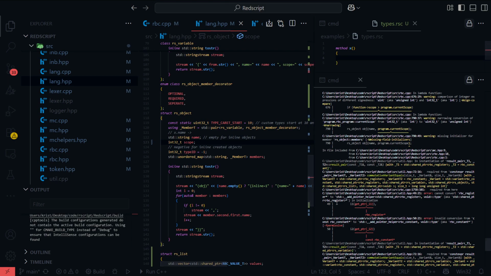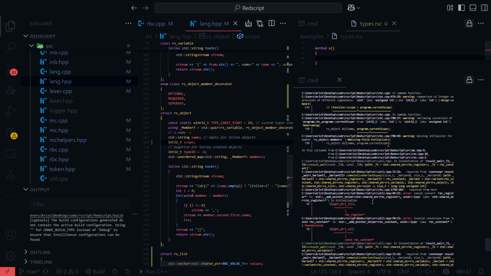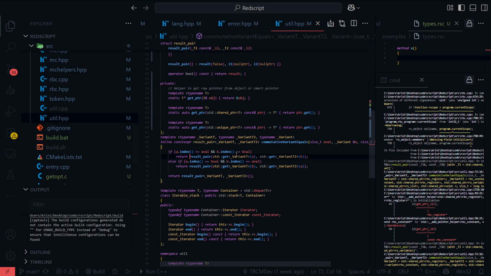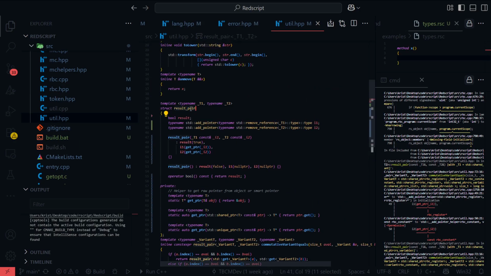Yeah, here are the errors. You gotta help me with this. I used ChatGPT to try and solve this because the warnings were annoying me. So basically what I have is a structure called a result pair.